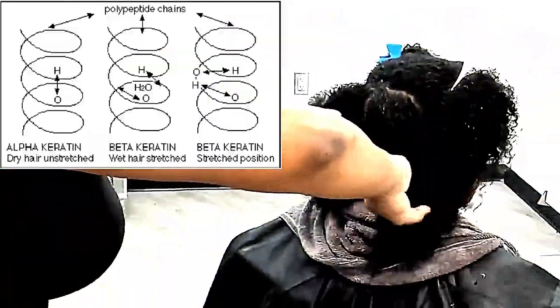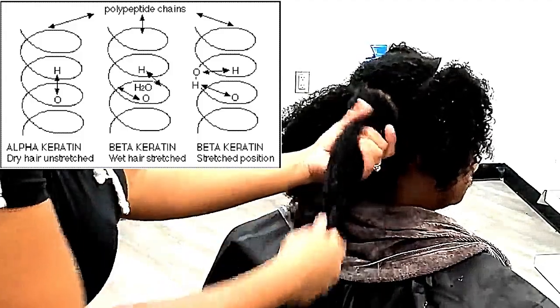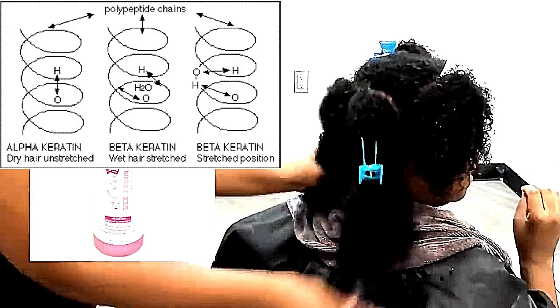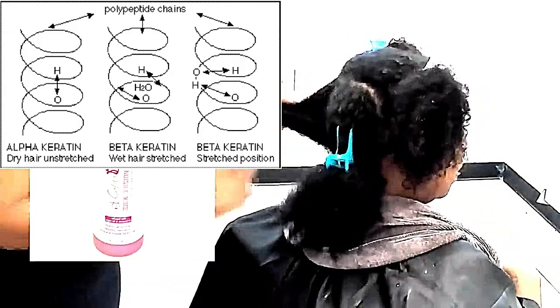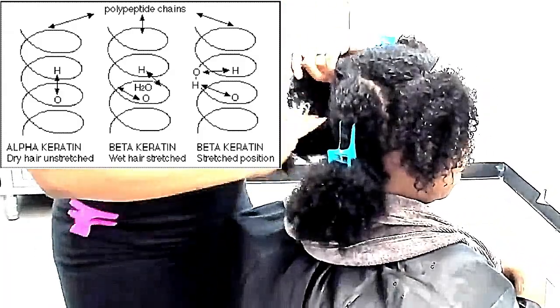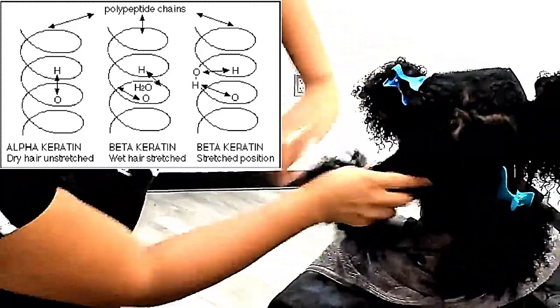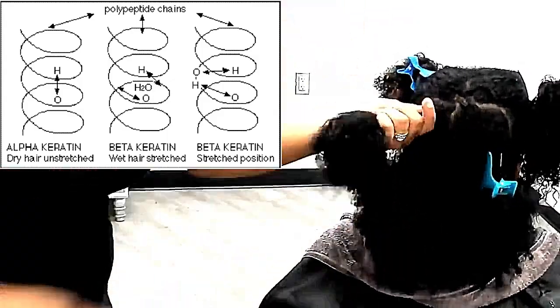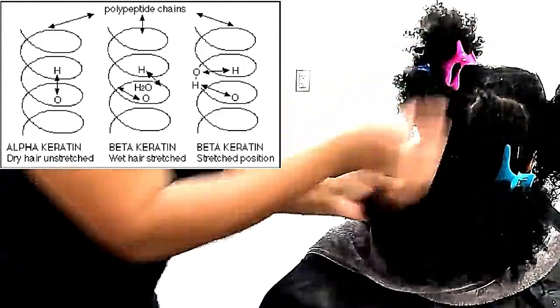Now, when your hair is unstretched, it is alpha keratin. Remember, your hair is made of a protein called keratin. Your hair is a fiber. And when your hair is stretched and dried, your hair is in beta keratin. And that is the state that your hair will be in until the bond is broken again, putting your hair